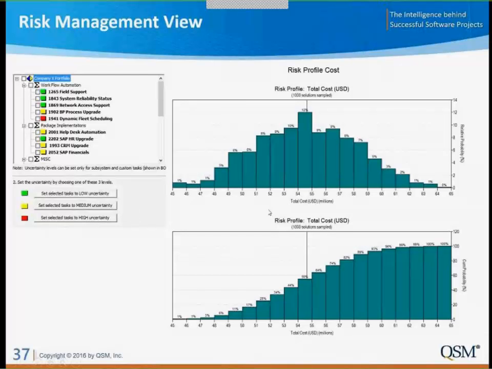We can run a simulation which says, well, as our as-submitted portfolio, expected value is $54 million, but with all the uncertainty in the yellows and the reds and the greens, we feel that there's a high probability that we will not exceed 60 million, like a 93% probability that we can execute this portfolio as planned for $60 million or less. But there's also a very low probability that we would be able to execute this down in the